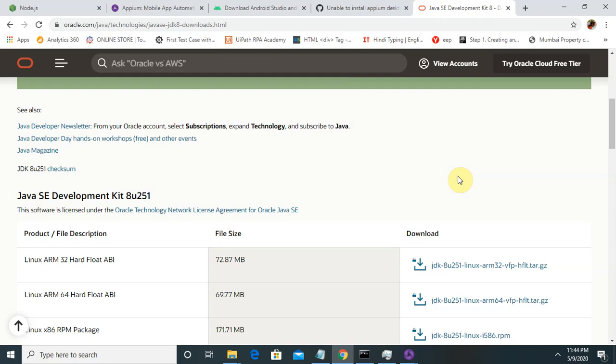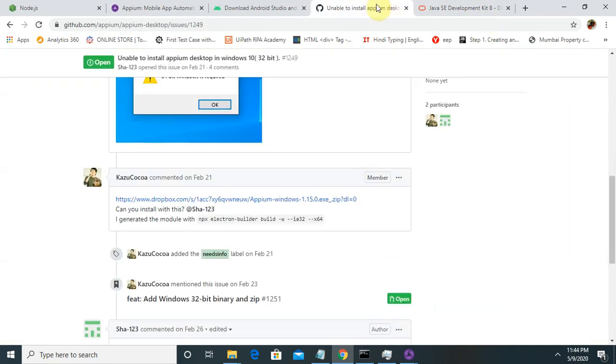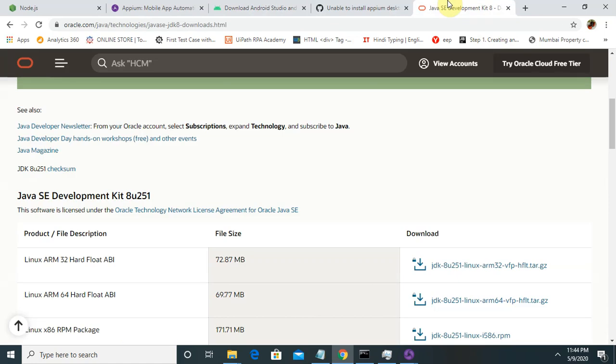It's a very simple step. Double click on the exe file and follow the instructions. It will take some time for the installation, depending on your system configuration and resource availability. You have to download and install both Android Studio and JDK.